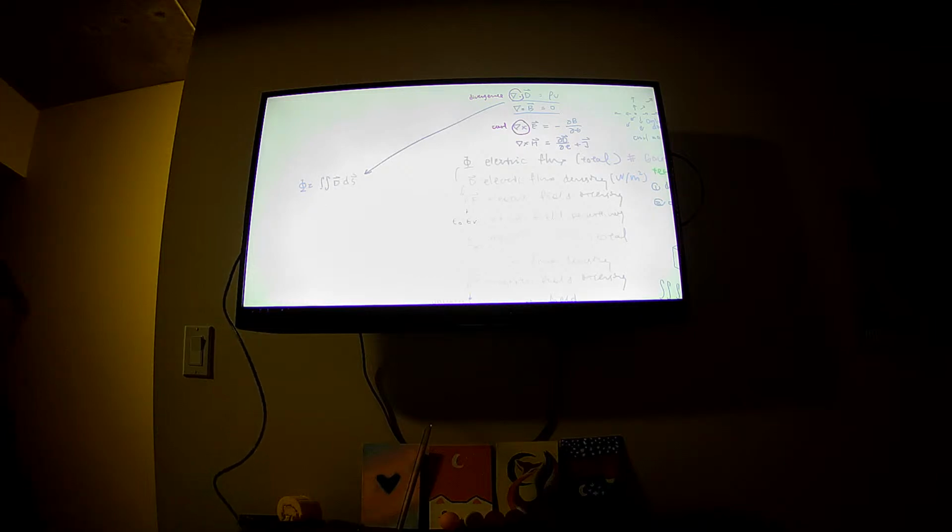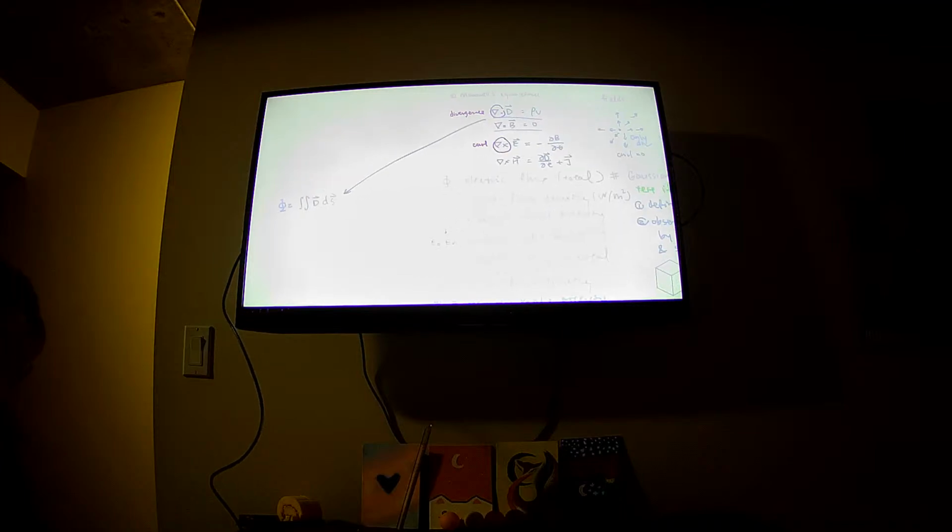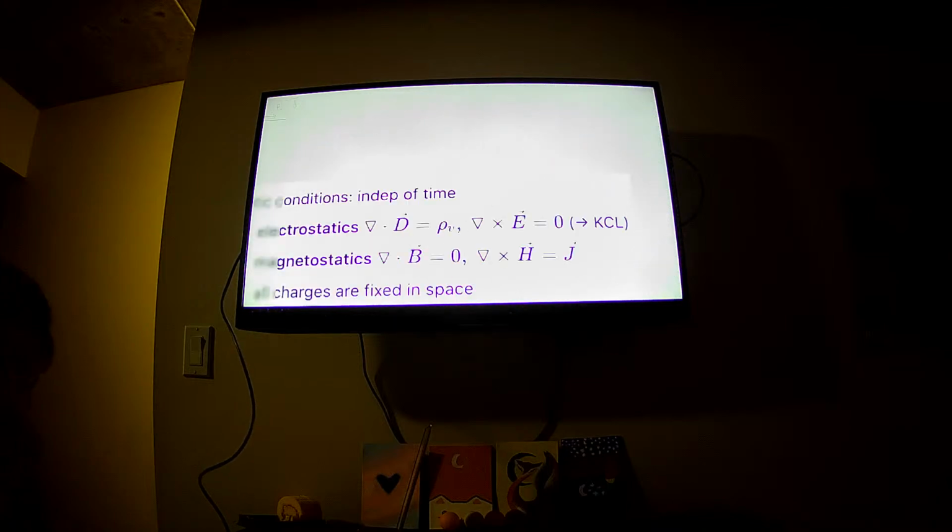My bad. Because we're integrating over a surface, we're going to write this with a dot in the middle. Whenever you do a vector integral, put a dot. And then because of our previously found divergence theorem,